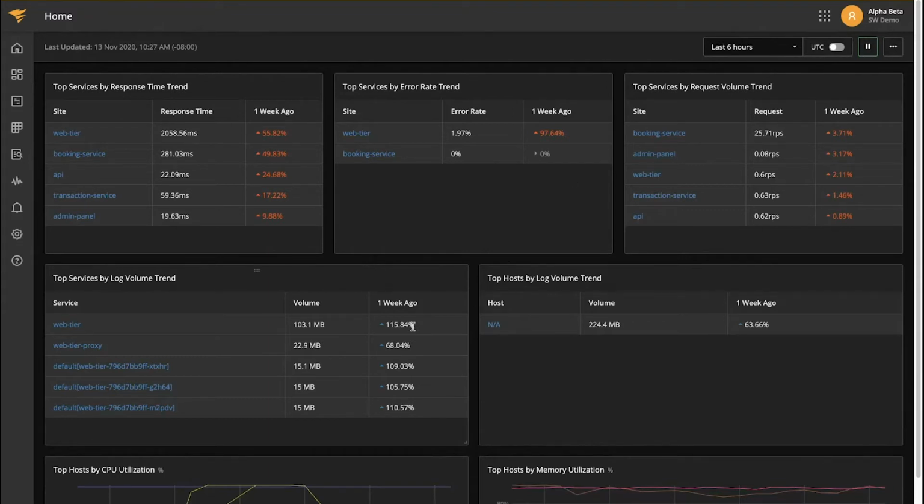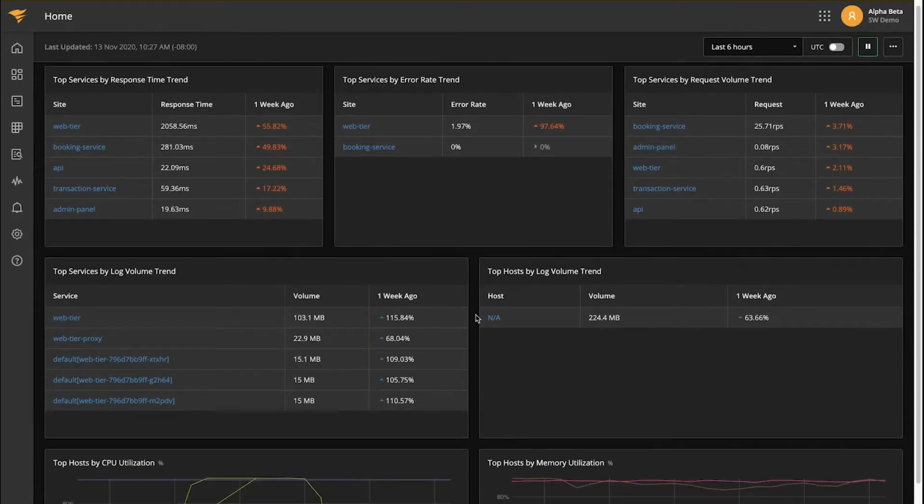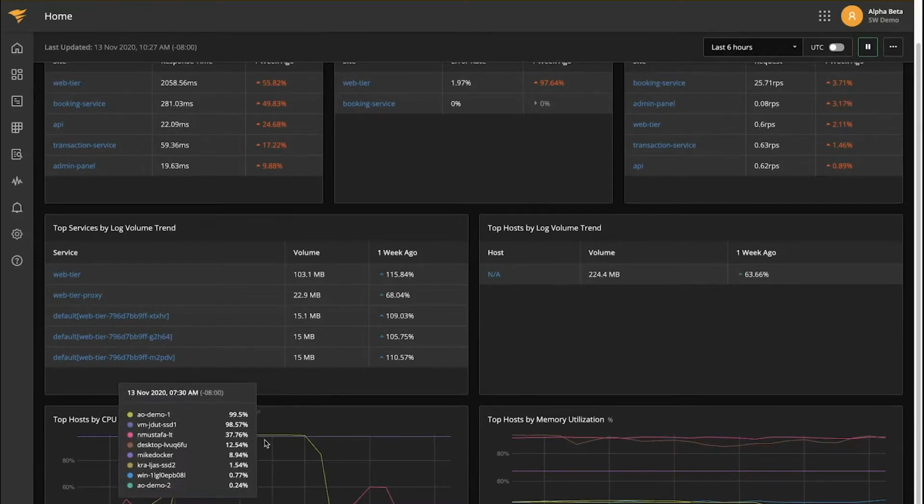And the same thing on the log side. We can see, is there something different? Are we seeing increased log volume or errors or anything like that from our services or our hosts? On this homepage, it's pretty clear the web tier is jumping out in pretty much all the locations. It's slower this week, it's got more errors this week, and it's spewing out more log messages. And lastly on this page, we're also calling out some of our infrastructure that's running hot. We can see there's this one host, AO Demo 1, that's running really high CPU. It's basically pinned